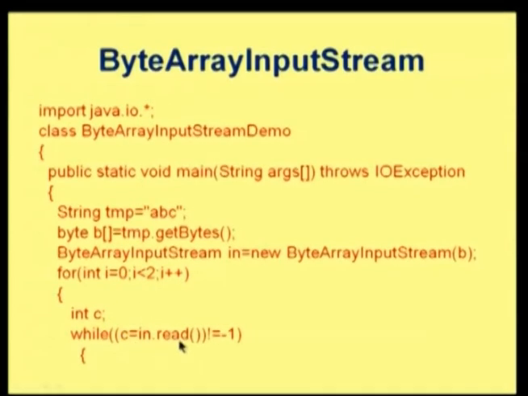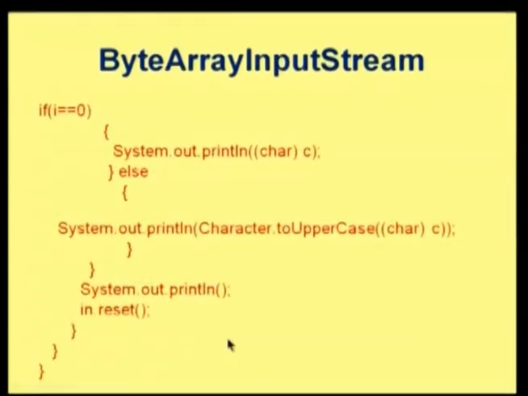This read is the method which is going to read the particular byte array. So, in is nothing but my input stream, and from this input stream I am going to read the data. Whenever I read from this input stream, what does it mean? It means that I am going to read from the byte array, and the data returned by this method will be an integer. The end of the byte array will be obtained only when the value is -1.